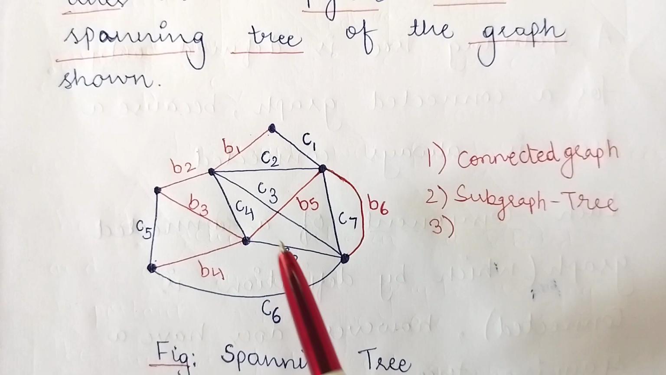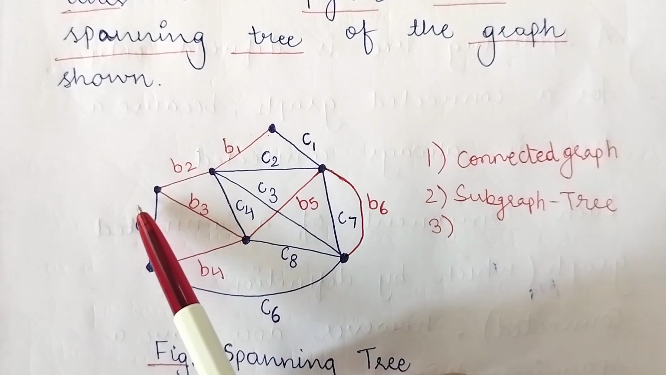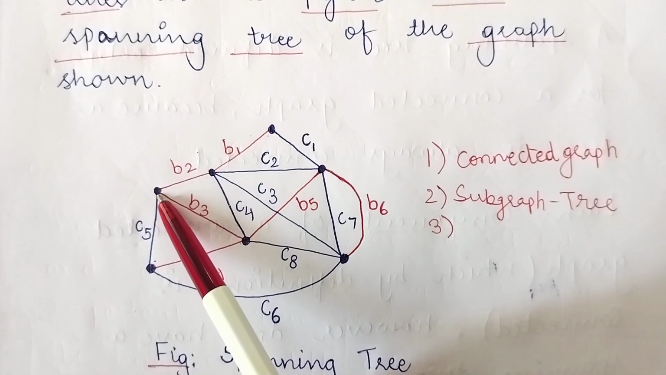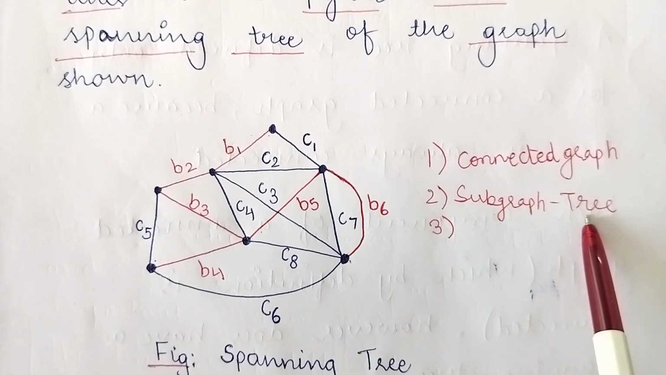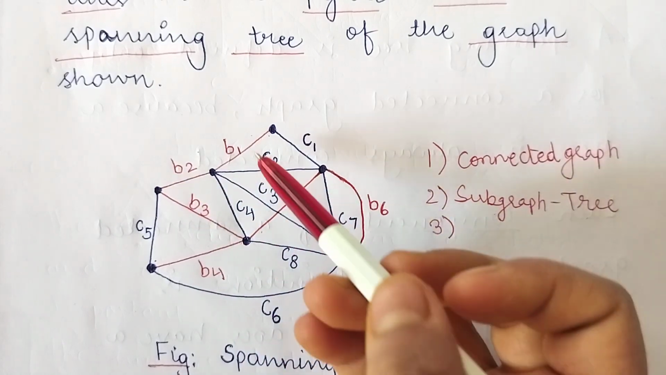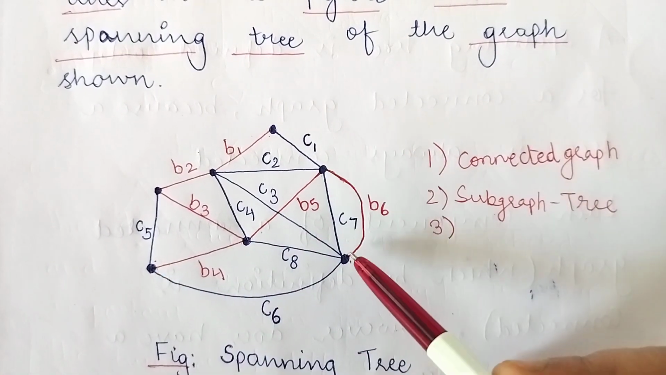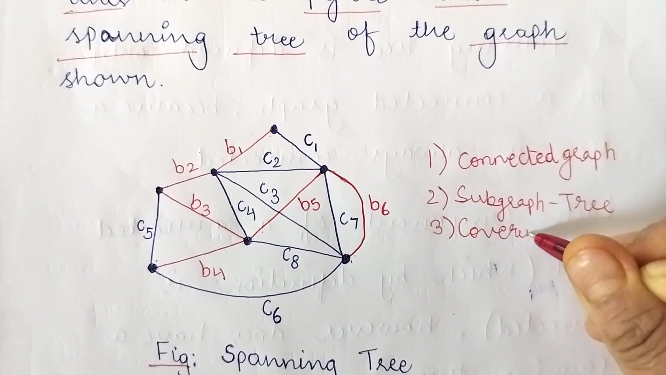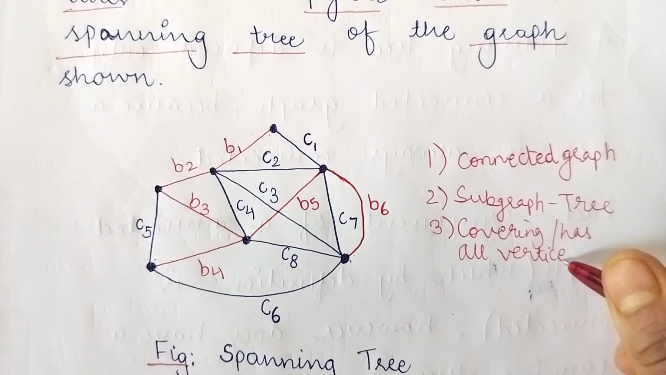And the third condition says that this subgraph of the connected graph, which is a tree, must cover all the vertices of the graph. So in total, how many vertices are there in the graph? 1, 2, 3, 4, 5, 6 and 7. There are total 7 vertices. So this subgraph, which is a tree, must also contain all those 7 vertices. So if I consider this subgraph, which is the red lines, you can see that 1, 2, 3, 4, 5, 6 and 7. It is covering all 7 vertices of this graph G. So the third condition is also satisfied, that it has all vertices of the graph